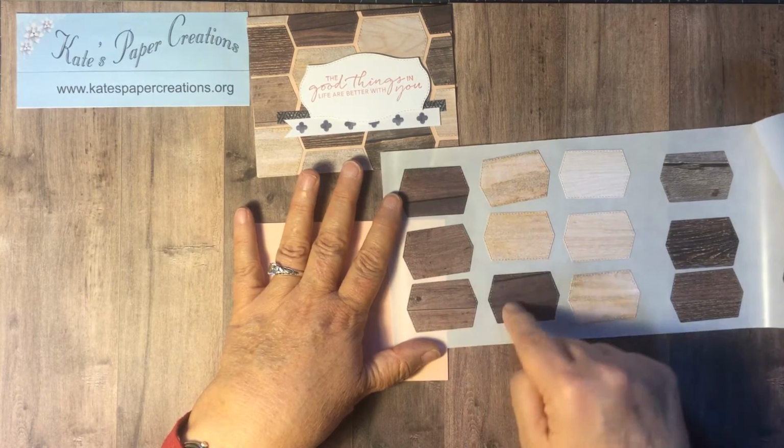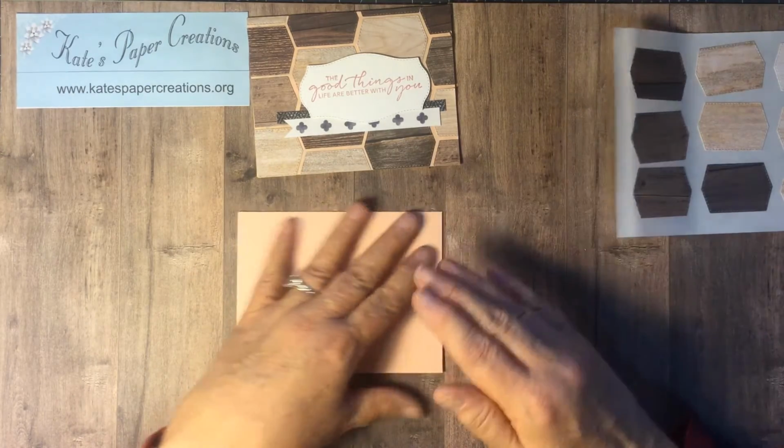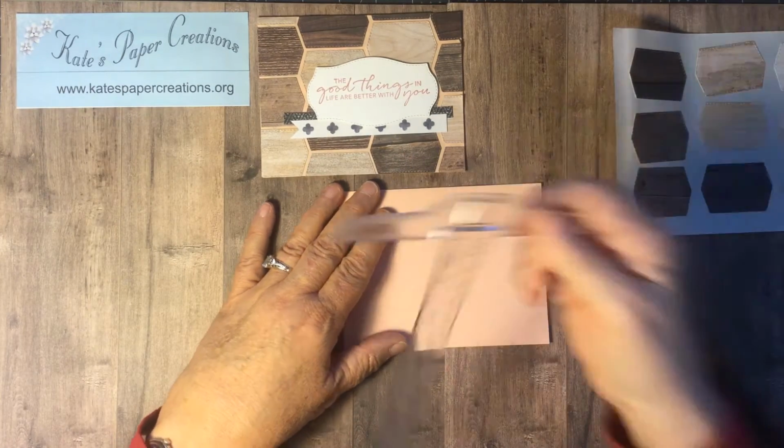So I've got 1, 2, 3, 4, 5, 6, 7, 8, 9, 10, 11, 12, 13 pieces here. Well, hopefully that will be enough. I think that's what I used on this. I'm pretty sure. Now, here is my T-square,